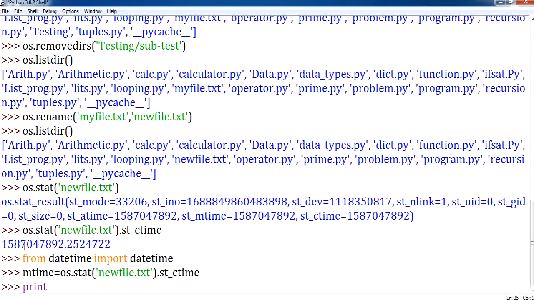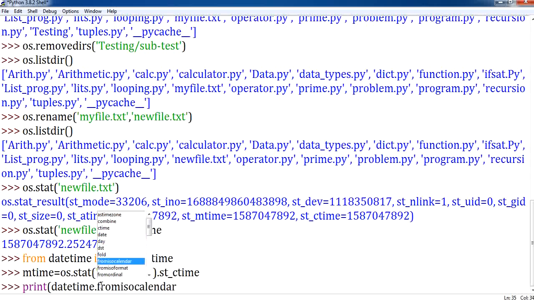How am I supposed to print it in a readable format? By using the method called fromtimestamp. There is a method called fromtimestamp. By using this particular method, we are supposed to access it. Let me give this method here, datetime dot fromtimestamp.